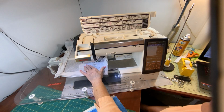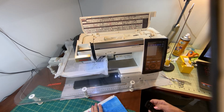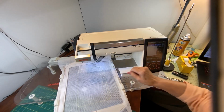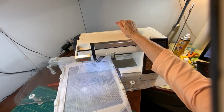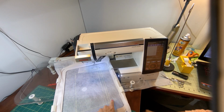Okay, we got the first stop. So I'm going to unhook the hoop from the machine. I'm not going to take the project out of the hoop, and then I'll be back. Okay, I've just unhooked the hoop because it's way back there, and for me to reach back there and unhook it, I have to actually get my body in front of the camera, and you wouldn't be able to see anything anyway. So this very first stitch is the outline of the whole bag,